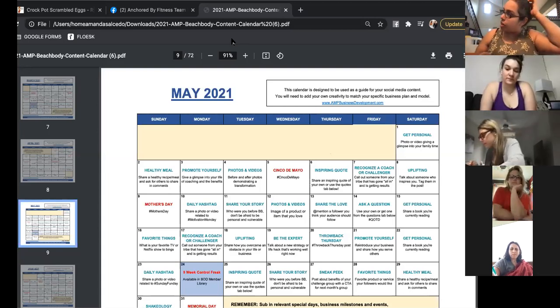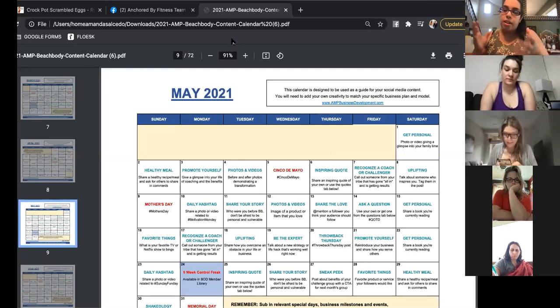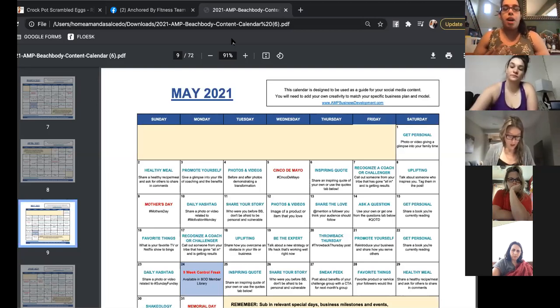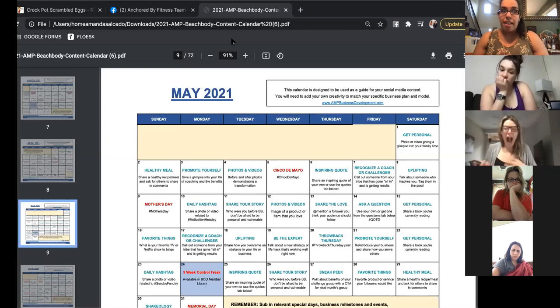I actually have a challenger that messaged me the other day and she said something really nice about the Fit Bod Squad community. And she's not a discount coach. She's not a working coach or anything like that. She's just a challenger. And I plan on using a screenshot of that and covering her face in the message so people can't see who she is, and using that in my stories and talking about that. People want to see that it's an actual community. I think the biggest thing that we have to overcome as coaches is that people think that it's just coaches doing this. And it's important that people know it's challengers and coaches, and you need to share that side of it as well.